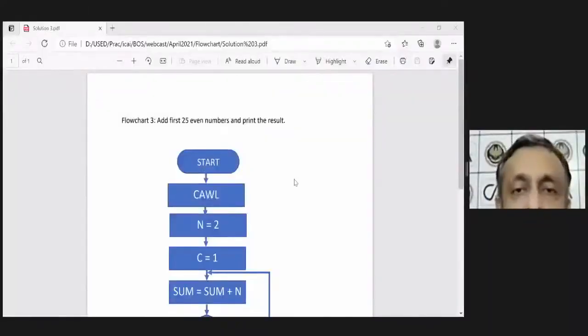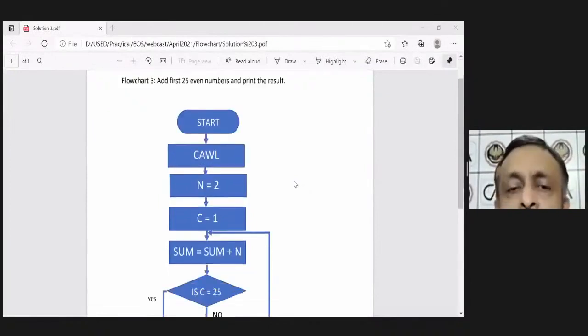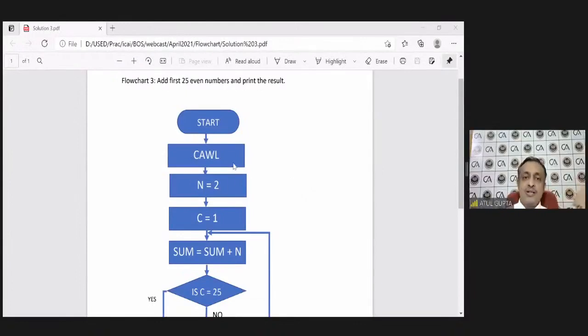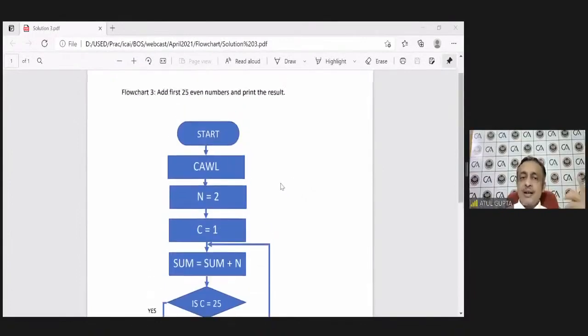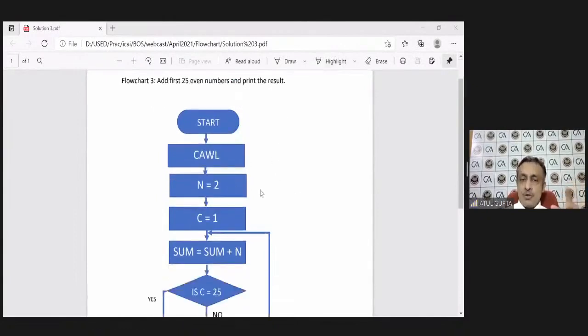Now, the third flowchart was to add the first 25 even numbers and print the result. So this was basically to allow you to understand the concept of count. So clear all working locations. First 25 even numbers. Because I am starting with even numbers,